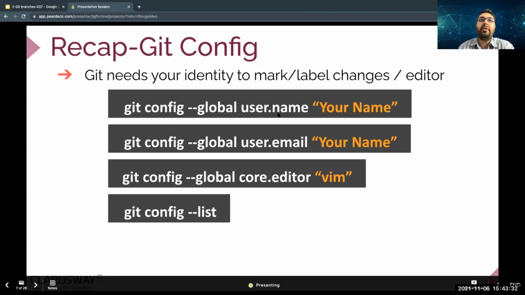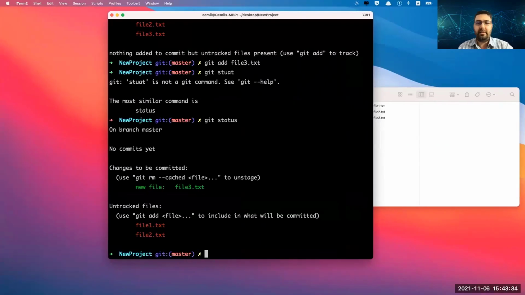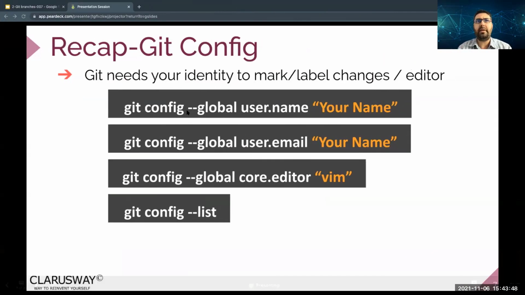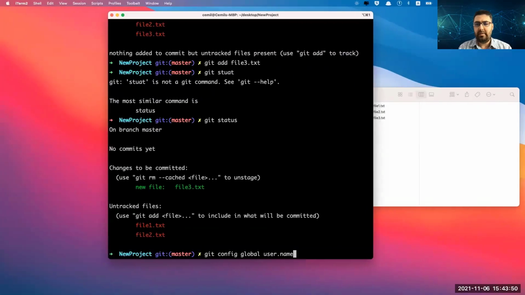Git config --global user.name. I believe that is a double dash here because it's a property, not a command. Okay. Git config --global user.name, and then type your username here. So see if everything is okay.